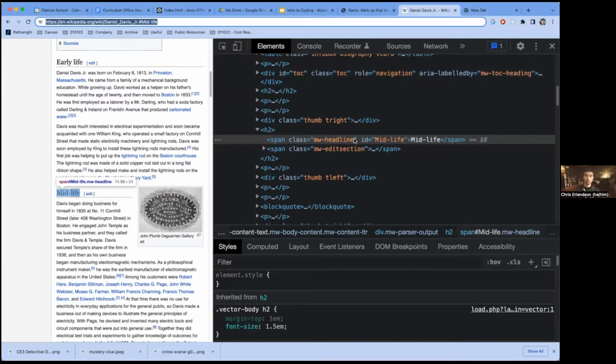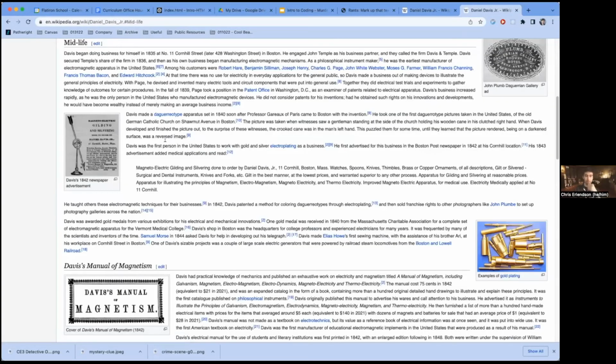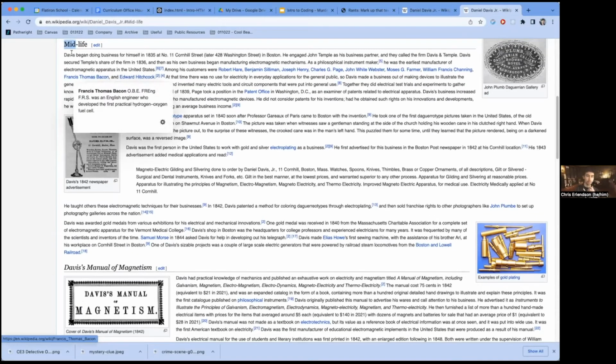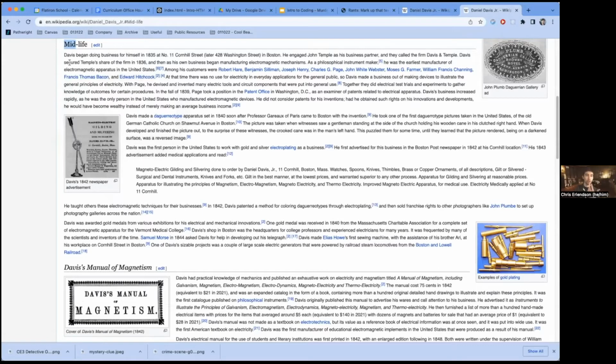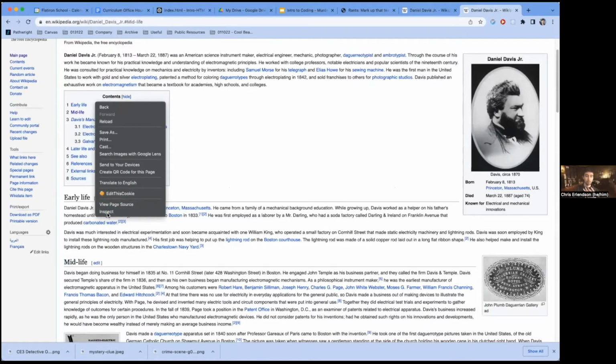So this is where we took our ID. It's where we put that pound sign. I go into a new tab. I could have gone to the same tab; I didn't have to switch browser tab. And voila, it brings me right to the midlife section. So that was the function of anchor tags. If we go to this table of contents, for example,